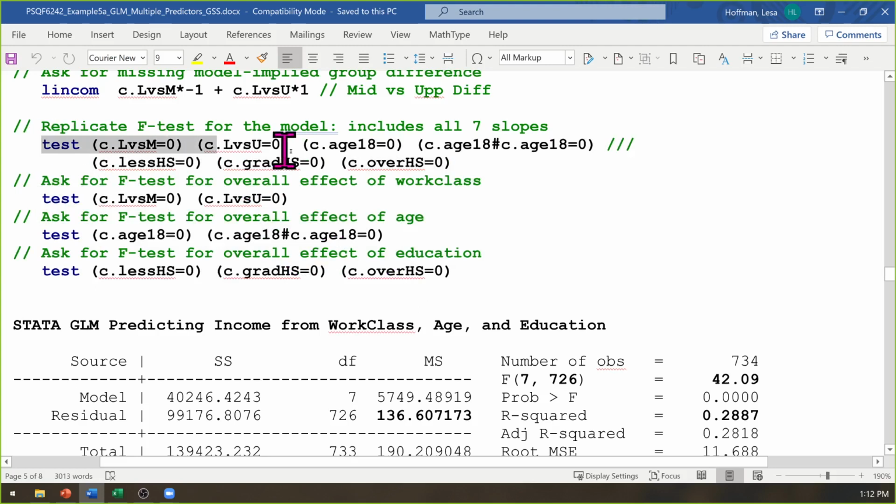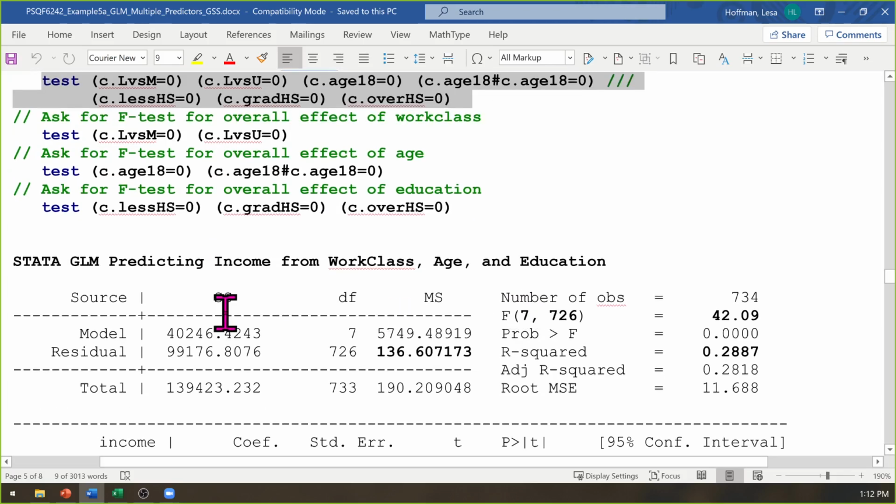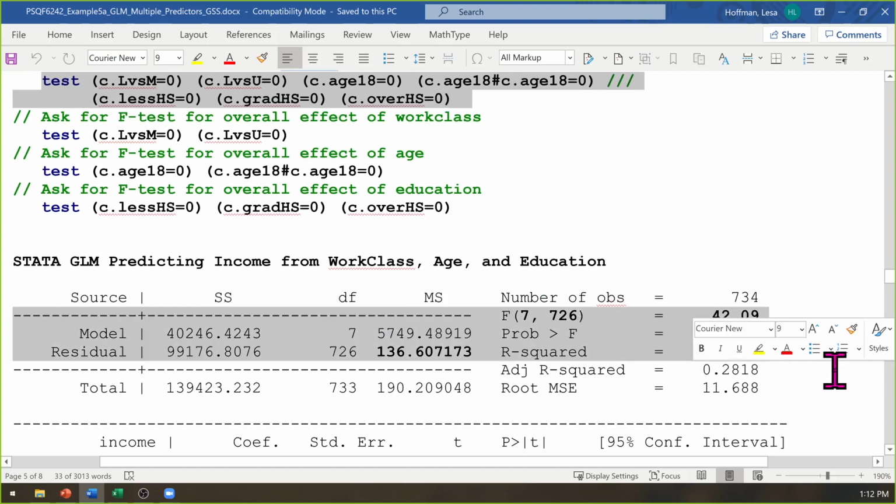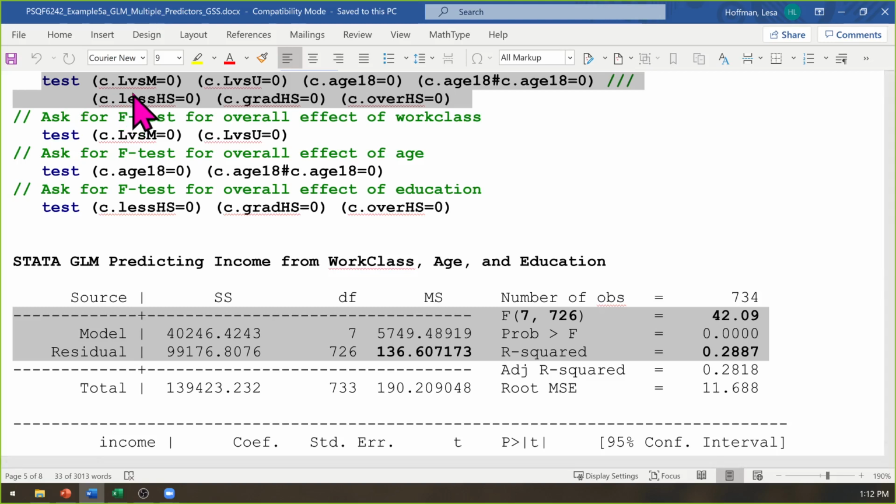The first test statement I have included for pedagogical purposes only. It is to show you what it would look like to ask for this set of results that are already given to you by default. So the structure of these test statements is that you list in separate sets of parentheses each slope that you want to be tested against 0. You can test it against other numbers too, actually, but the zeros are in here to make that explicit. So I am listing all 7 slopes simultaneously.